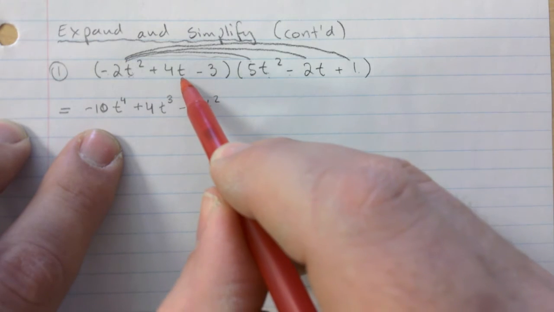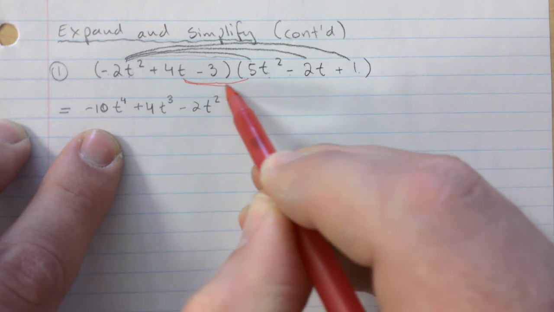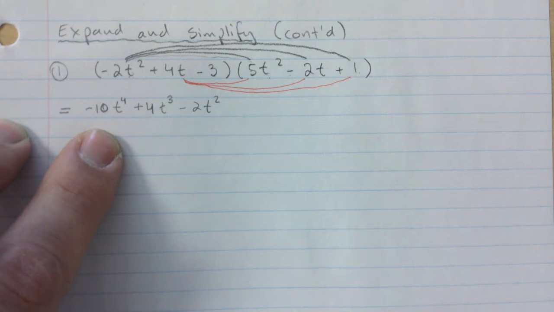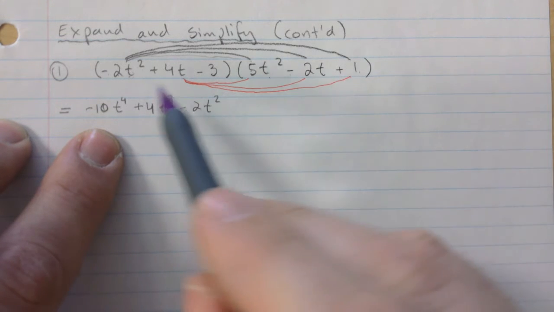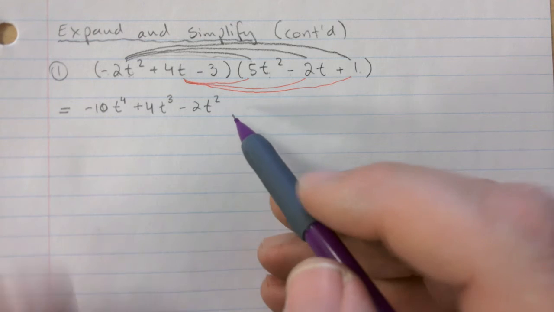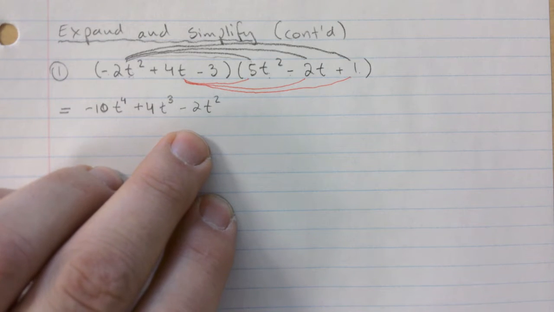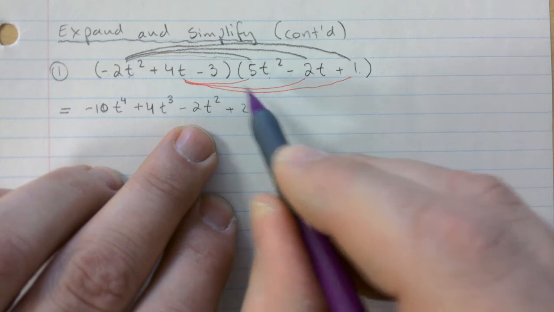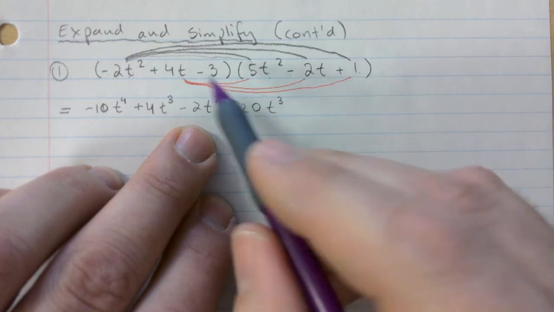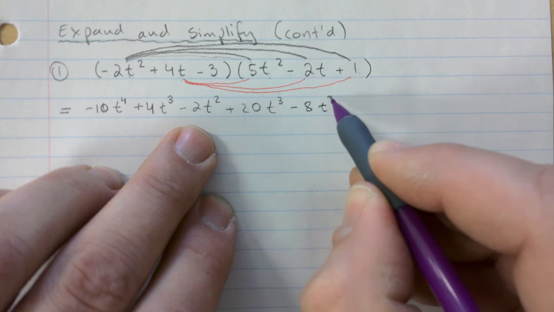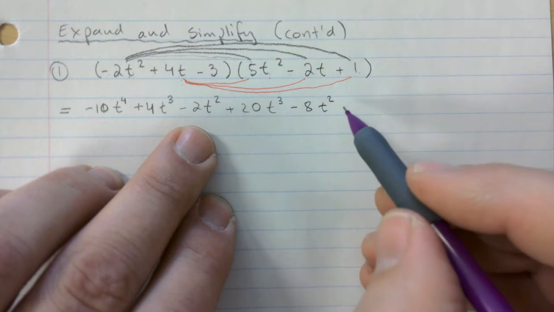And then you move over to the second one here, and you go first, second. See how FOIL would not do a very good job here, right? If you just stuck with FOIL, it's like, wait a minute, first, outside, inside, last, that's it. FOIL is something that you may have heard in grade 9. I'm not sure if you heard it, but some teachers use that acronym to help you multiply. Okay, so 4t times 5t squared, that's positive 20t cubed, right? 4t times negative 2t, that's negative 8t squared. Do the numbers first, and then your variable. 4t times 1 is just 4t,